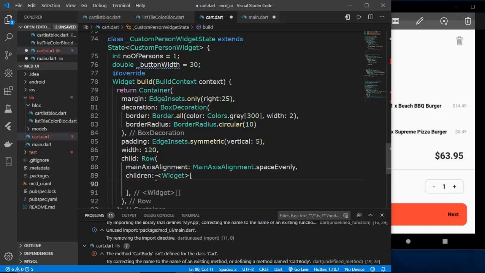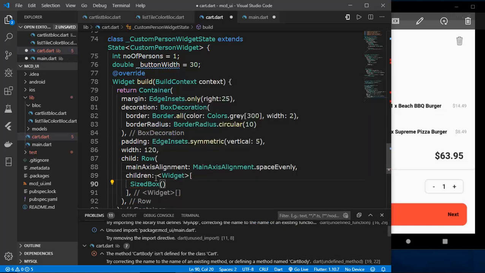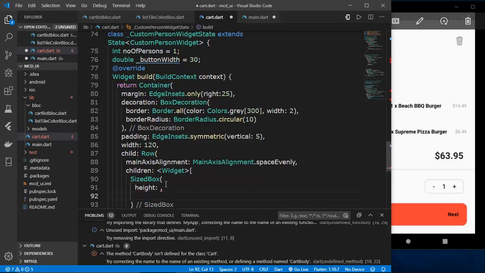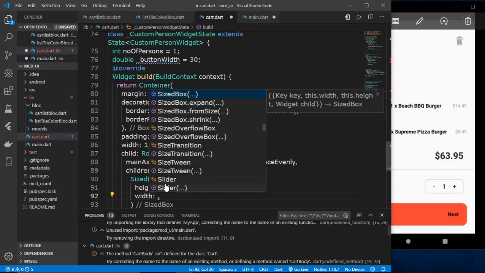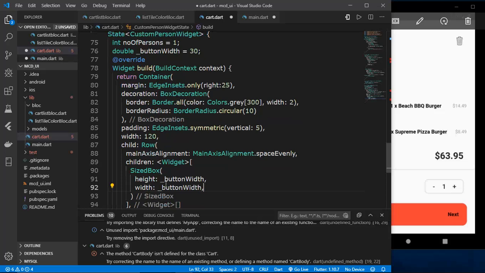Okay, children, we'll have a sized box as children. First of all, we need to have a sized box, and the sized box will have a height and also width, and the height and width would be based on the button width, and this one also the button width, which we have already initialized before. Then this sized box will have another child,